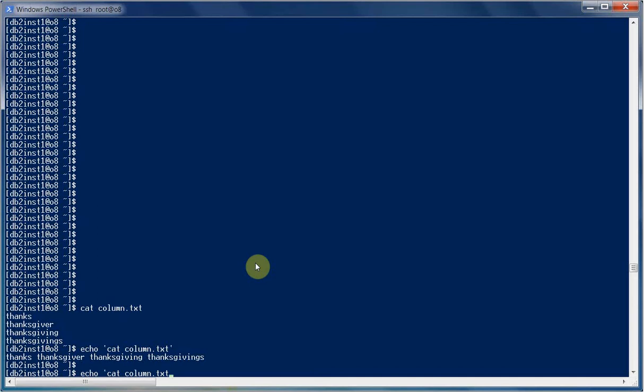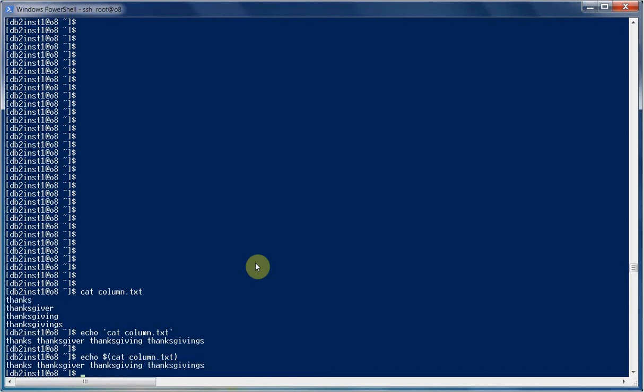Backtick is more like the old-fashioned style, so we can use a newer one, dollar parentheses. Replace these backticks with dollar parentheses and do echo as well, so we get the same result. So this is one way. Another way we're going to use